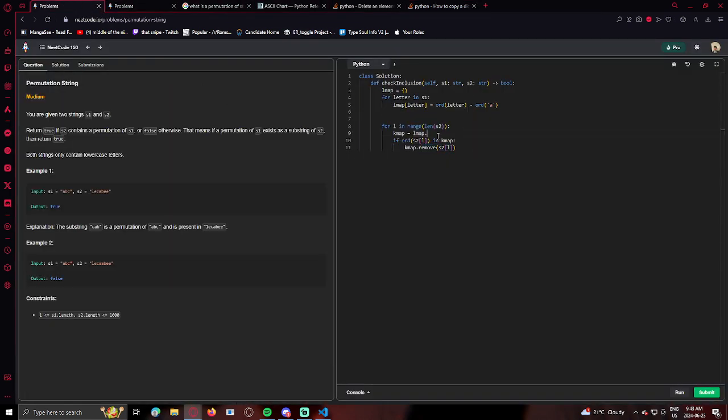Go back to the problem. Kmap.copy, right? Kmap.pop S2 at L. And then we're going to say, okay, if ord of S2 at L is in K map, we're going to pop it, and then we're going to say if ord of S2 at L plus 1 is in K map, L plus 1, and only when that one works, we do it again with 2 and 2. And then if that one works,